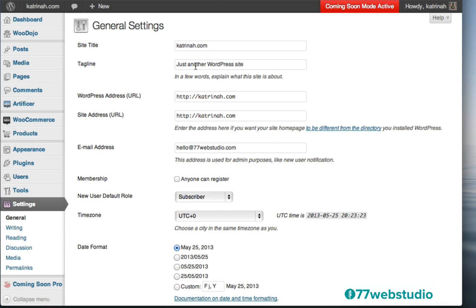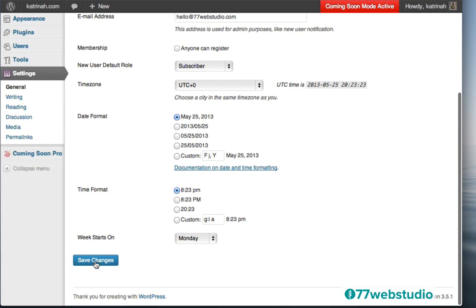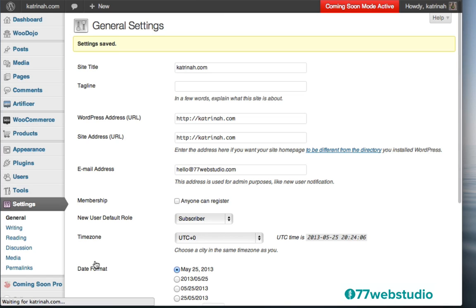So just keep a note that when you install WordPress, by default the tagline is just another WordPress website. And this is never a good tagline for anyone's online store. It's way too generic, of course. So at minimum, the least you want to do is just delete this altogether. Now, if you want to have a tagline showing up on your homepage, then you would just add your tagline here. So I am not going to add any tagline though, so I'll just keep that blank. And then I'm going to leave the site title as it is, just the website name. Then I'm going to scroll down and click on Save Changes to save my changes.